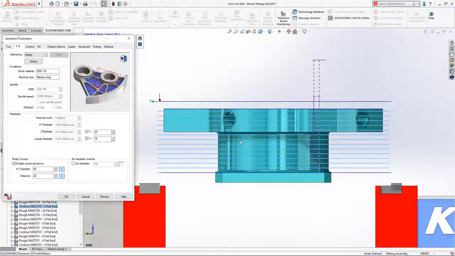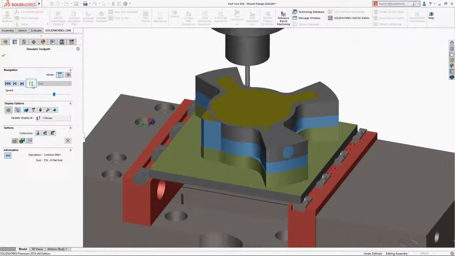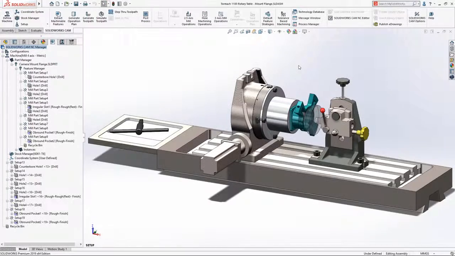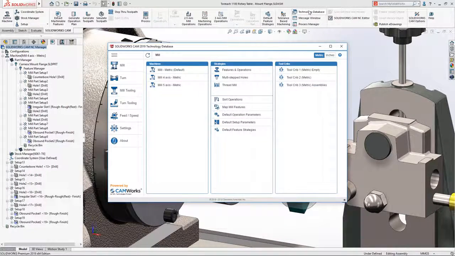Another great enhancement for 2019 is the addition of the new corner slowdown option. By enabling corner slowdown, you can now vary the feed rate based on distance, resulting in increased tool life and improved surface finish. NC programmers using multiple machine tools can now take even greater advantage of SOLIDWORKS CAM's powerful automation